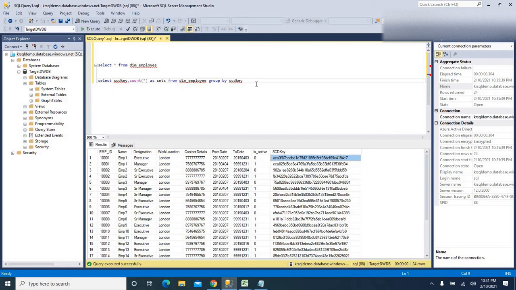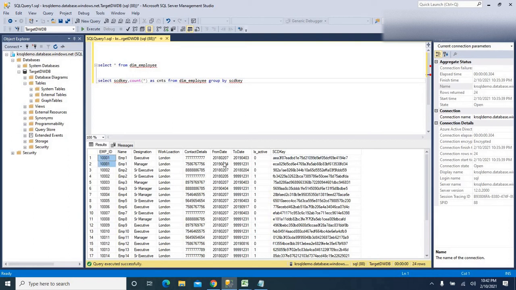How data analysis is done. You might ask why we can't join directly on employee ID. The new grain here is the combination of employee ID and from and to dates. This is the new grain, that is the SCD key, with the combination of these three columns. Even though duplicates are there, we can still join the fact table.